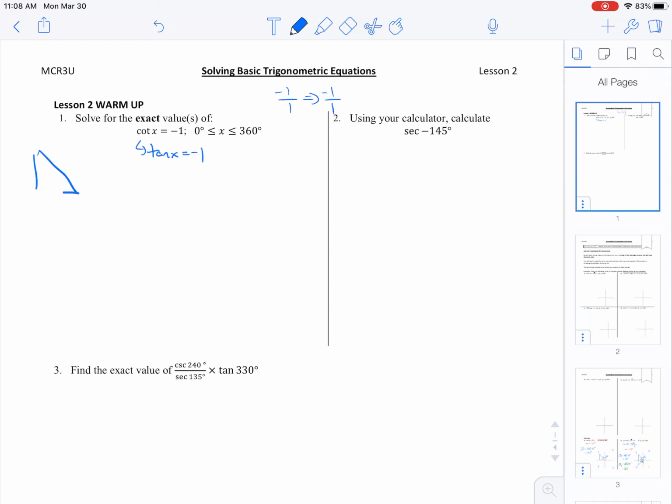In this one, it's actually one of our special triangles. If it was sine -1 or cosine -1, it would be one of those special cases where it's 0, 90, 180 or whatever. But with this one, remember the 45, 45, 90 triangle, I've got 1, 1, and root 2. Well, tangent of 45 would be 1/1. So in this case, our alpha, the related acute angle, is 45 degrees. So if I just sketch that out,